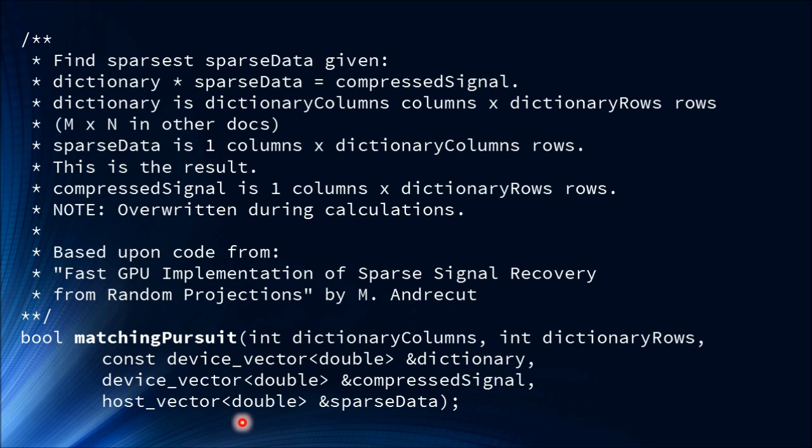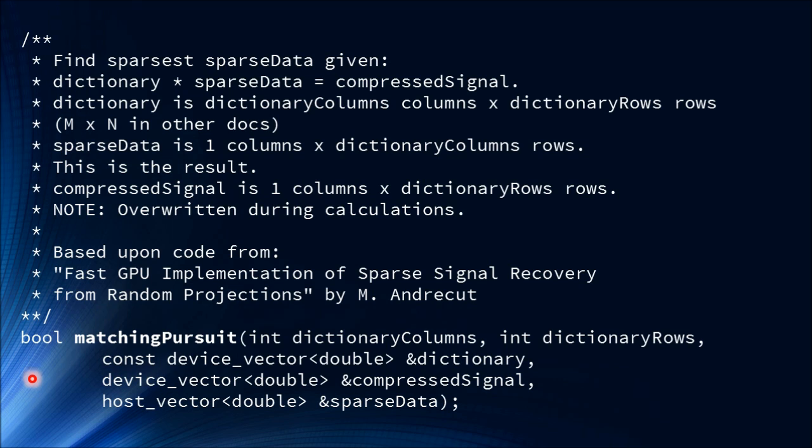Undid a few optimizations they did because they didn't want to store matrices as transpose, because it was just a mind twist to be constantly switching those indices around. See, I can't even say it straight, so you can see what a problem that is. So this is the start of the matching pursuit algorithm.